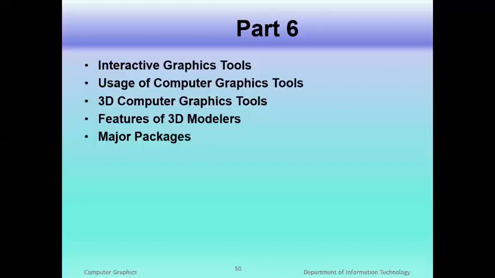Most 3D modelers contain a number of related features such as ray tracers and other rendering alternatives and texture mapping facilities. Some also contain features that support or allow animation of models. Some may be able to generate full motion video of a series of rendered scenes, that is animation.